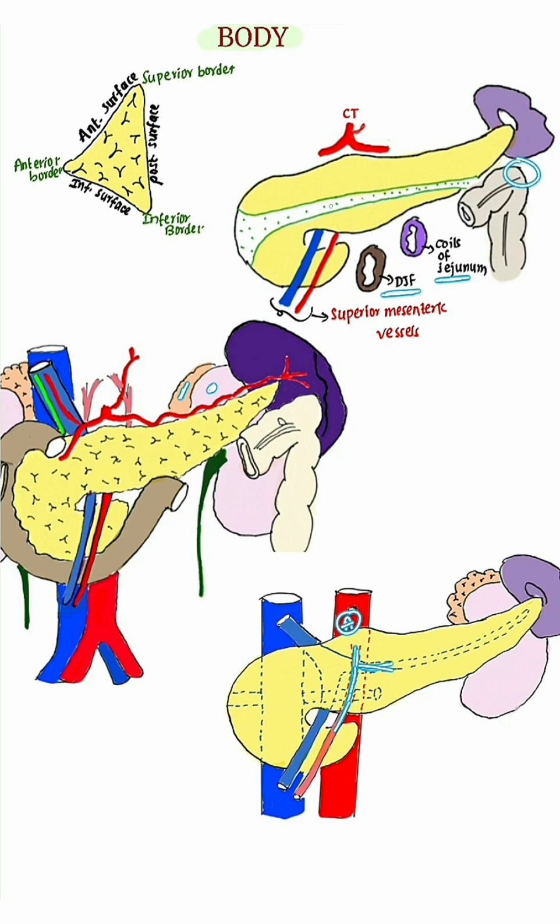The anterior border provides attachment to the root of the transverse mesocolon. Superior border over the tuber omentale: the celiac trunk gives the hepatic artery to the right and the splenic artery to the left. Inferior border is related to the superior mesenteric vessels. Surfaces. The anterior surface is related to the lesser sac and stomach. The posterior surface is related to the abdominal aorta, origin of superior mesenteric artery, splenic vein, left suprarenal gland, and left kidney. The inferior surface is related to the duodenojejunal flexure, coils of jejunum, and left colic flexure.